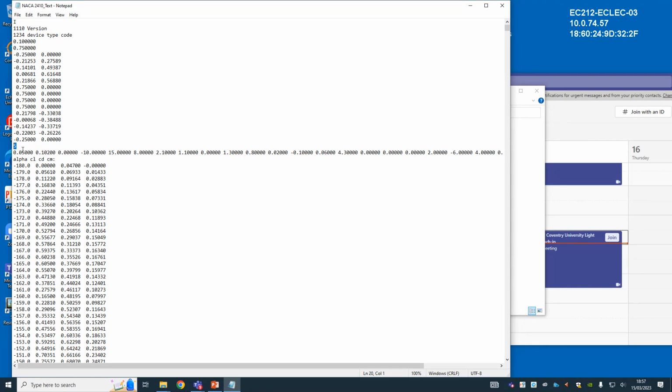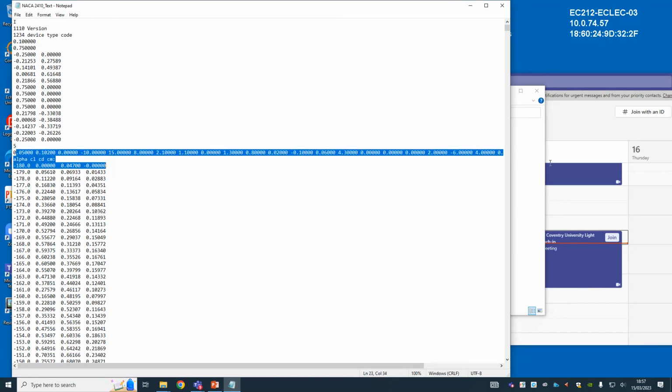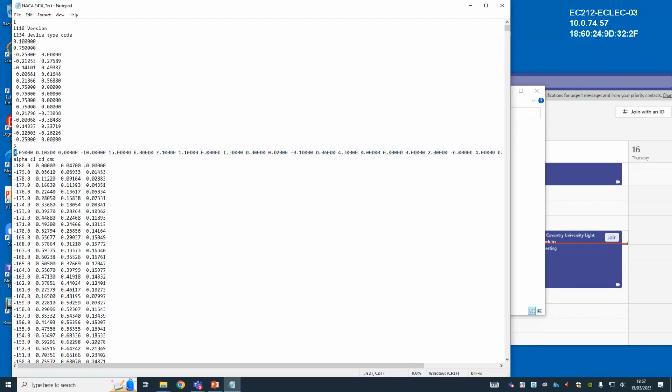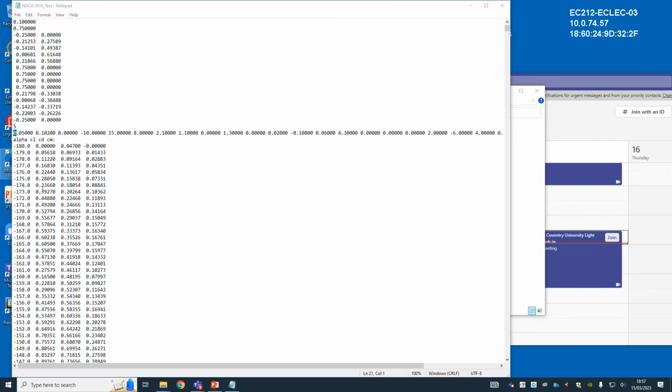Then comes 25 numbers, and these numbers are the constants used for curve fitting. And as it turns out, the second number there is the Reynolds number. Then comes the alpha minimum to alpha maximum, so -10 to +15. And similarly, there are other numbers corresponding to the curve fitting. But the saving grace is,